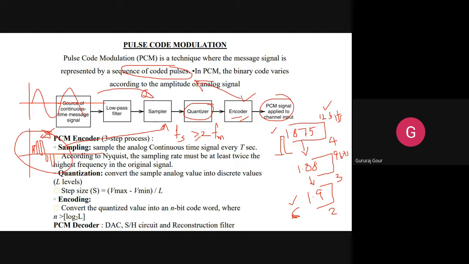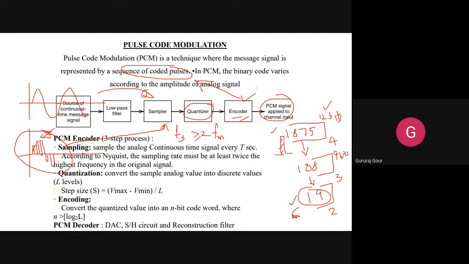This is just one sample I am taking as an example. Like that we will be having all such samples. For each sample, this process is happening at the output of the quantizer. One sample may be rounded up to 1.9, the next adjacent sample may be rounded up to 2.3, its next adjacent sample may be rounded up to 2.8, like that. Like that, we are getting a set of rounded off decimal numbers.